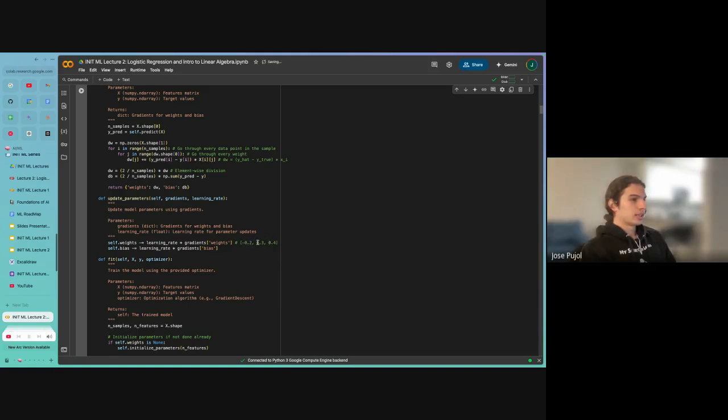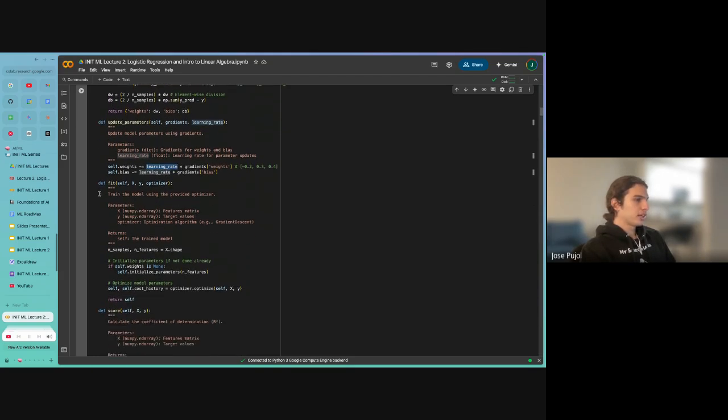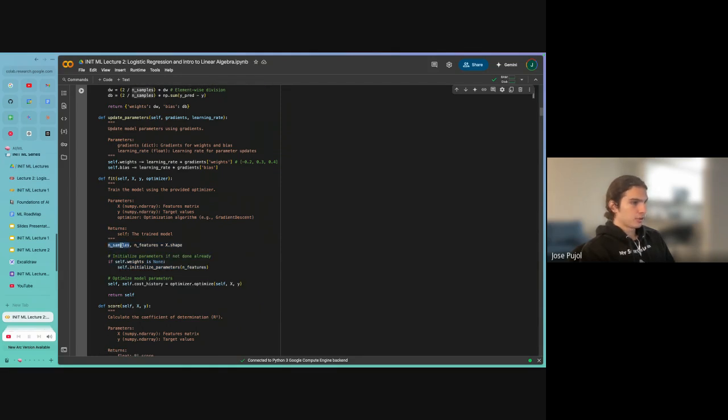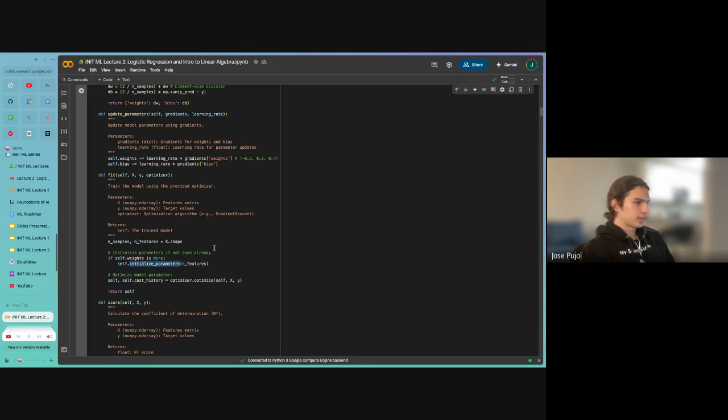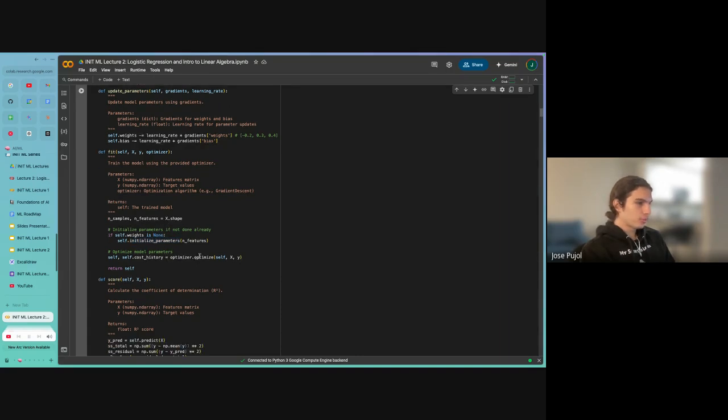And so then this might say subtract 0.3, subtract 0.4, and slowly, adjusted by the learning rate, we optimize our model. So, okay, putting it all together is this fit function, which actually trains the model. And this here is mainly just for plotting. So actually, all that we're really looking at is this here, where we just need the number of training examples we have, the number of features per training example. We initialize our parameters, and then the optimizer optimize here.